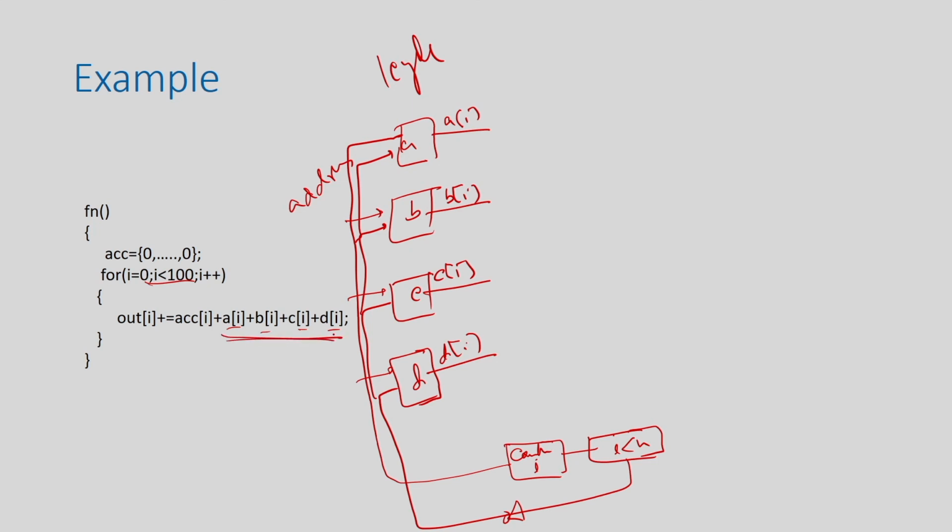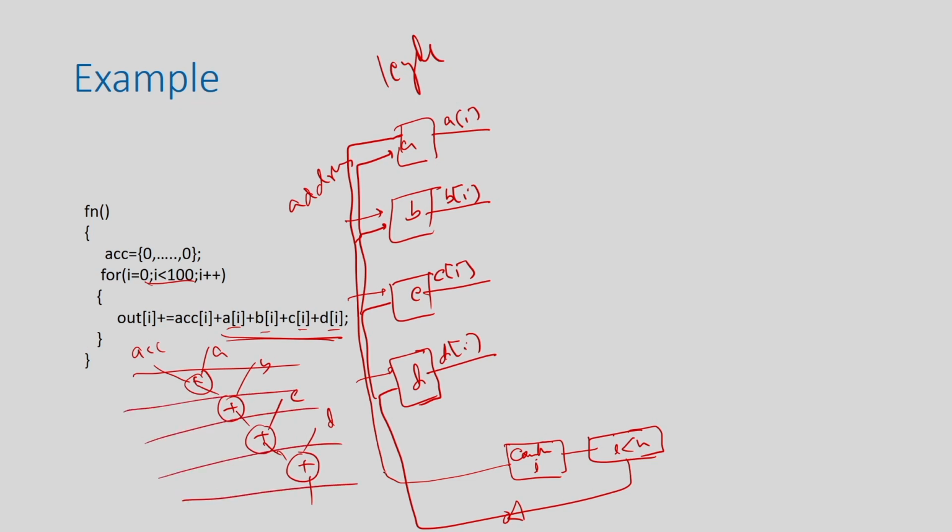So, this scheduling, you can actually draw different kinds of things, right. So, basically it can be like this, right. So, you are doing, say, ACC plus A, then B, then C, then D, right. So, if you try to do this, you need basically 4 cycles, right. But you can actually do these things using a single adder, because it is a single addition operation, and you can multiplex the input, right. So, let me try to do that. Although there are 4 operations, I can actually execute them in a single resource.